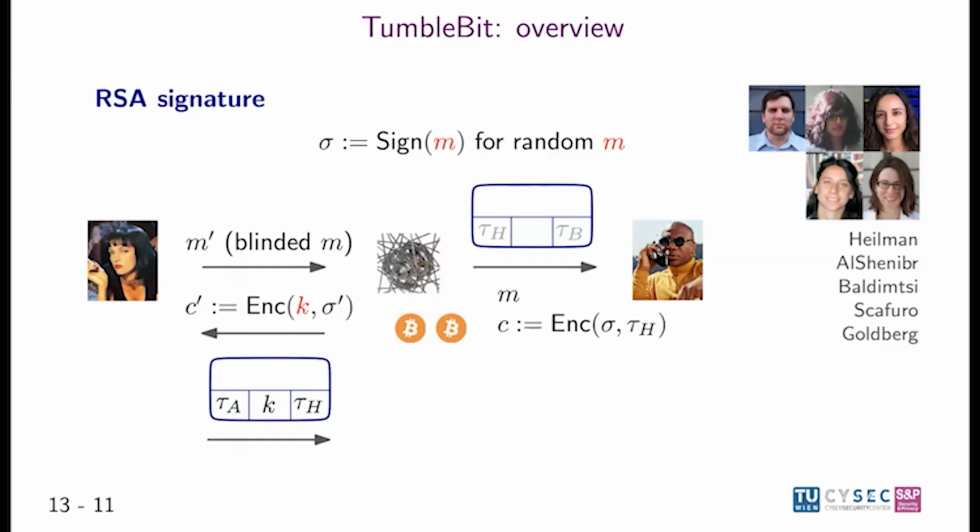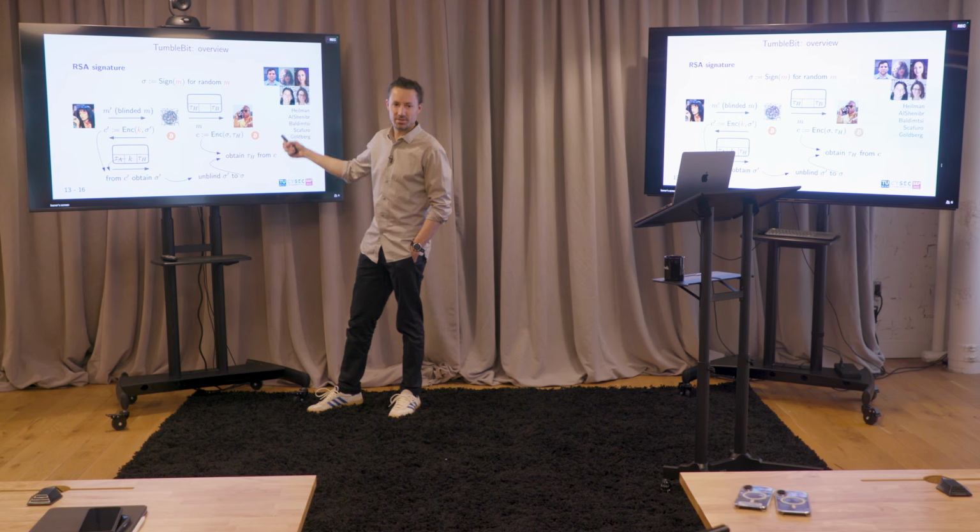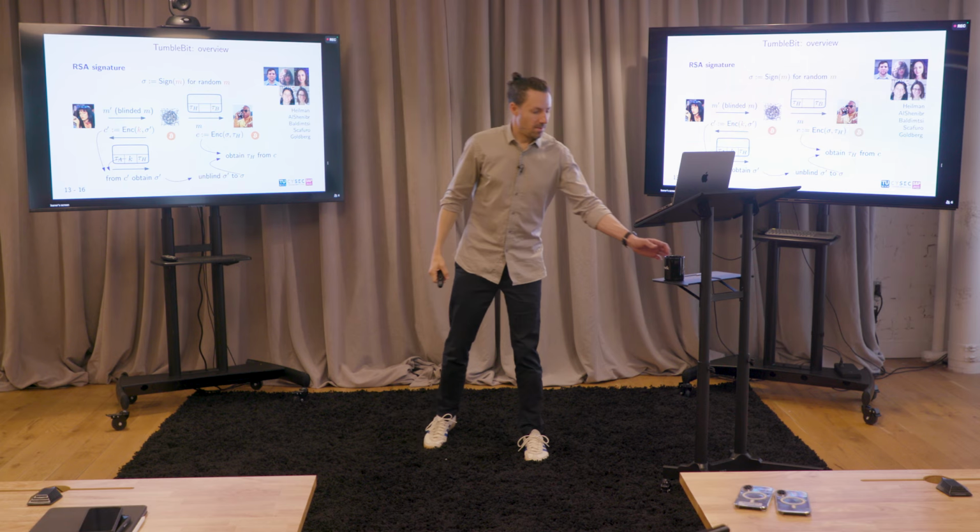Because now everything's signed, that Bitcoin goes to the hub. Alice has sigma prime by decrypting C prime. She unblinds sigma prime to get sigma. She gives sigma to Bob. Bob uses sigma to decrypt this ciphertext, gets a transaction signature by the payment hub, completes it with his own signature, and thus receives the other Bitcoin. So yes, you need the payment hub to prove that it put in the correct signature there. Exactly, you need that.